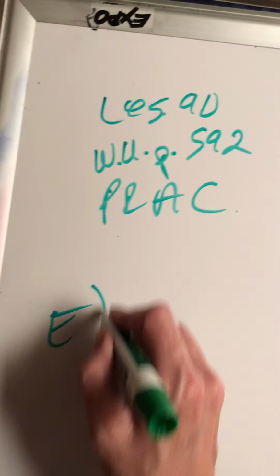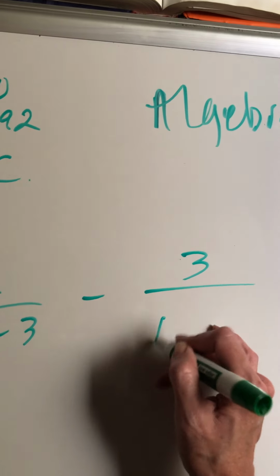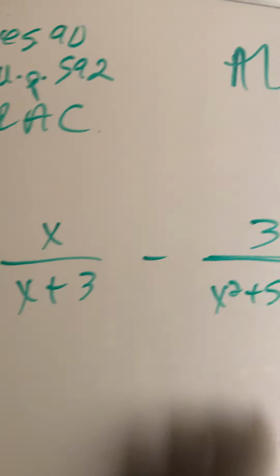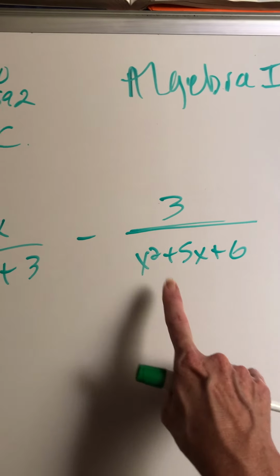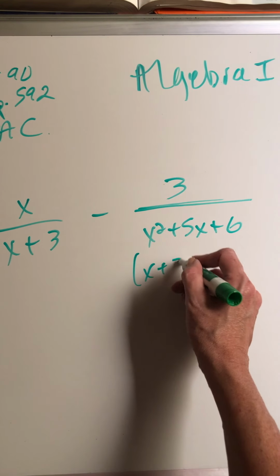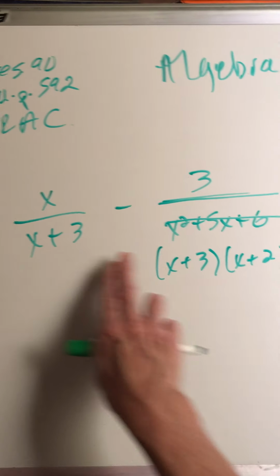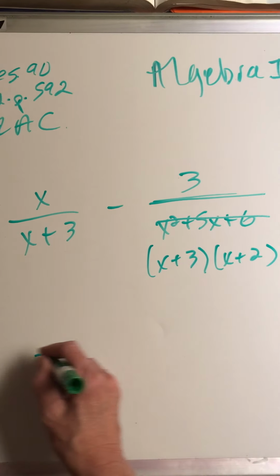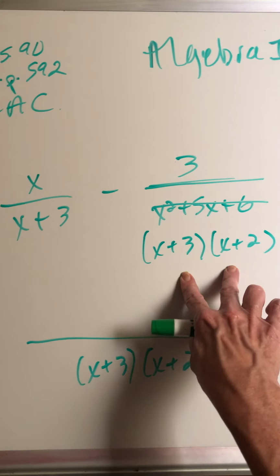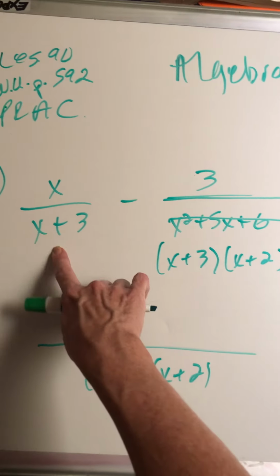Then for E, x over x plus 3 minus 3 over x squared plus 5x plus 6. So again, my denominators are not the same, so I factor this denominator, x plus 3 times x plus 2. And then I look to make my common denominator. So my common denominator is going to be x plus 3, x plus 2. That's my common denominator. So the first one has an x plus